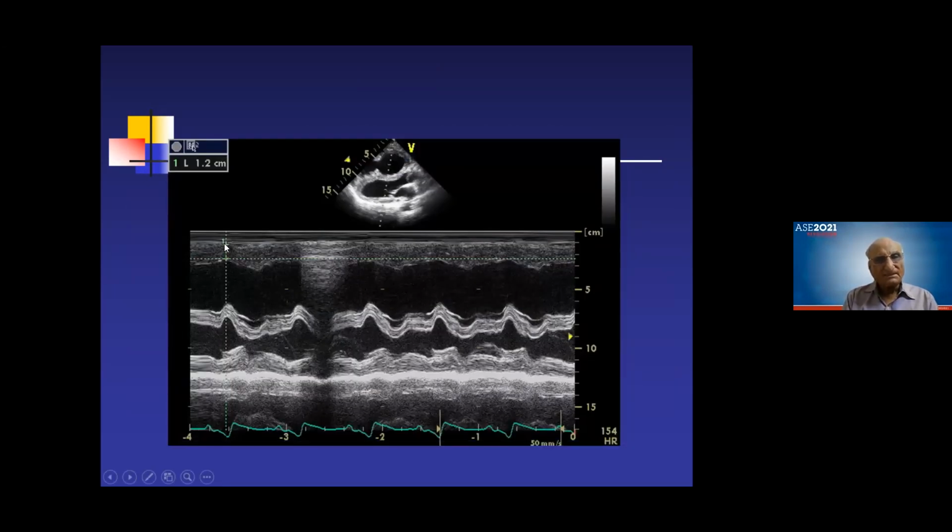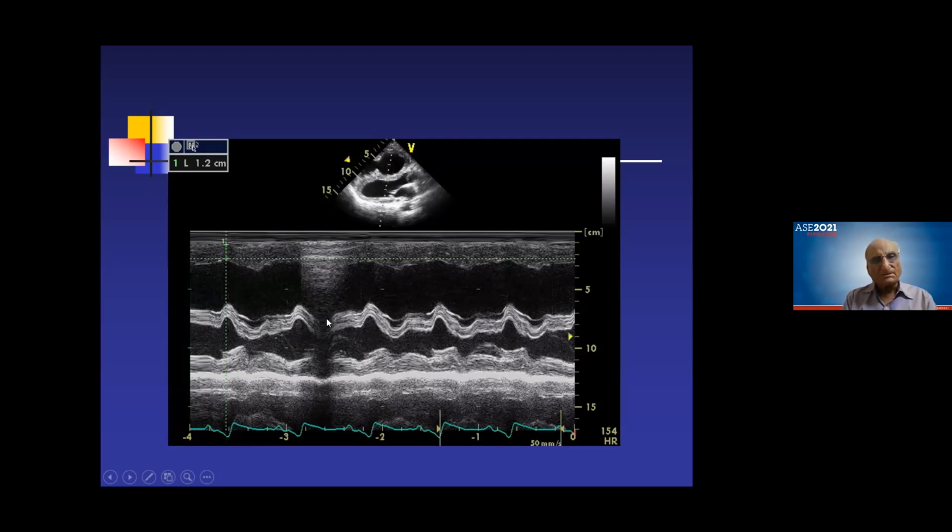When we measured the RV, it was about 12 millimeters when the normal is less than 4. This is sometimes known as an out of phase motion or a paradoxical motion, because the posterior wall systole is here, and the interventricular systole comes somewhere here. So the diastole comes there, here it comes there. There is a complete disruption between systole and diastole. What we see in 2D, we also see in M mode. This is what we show.